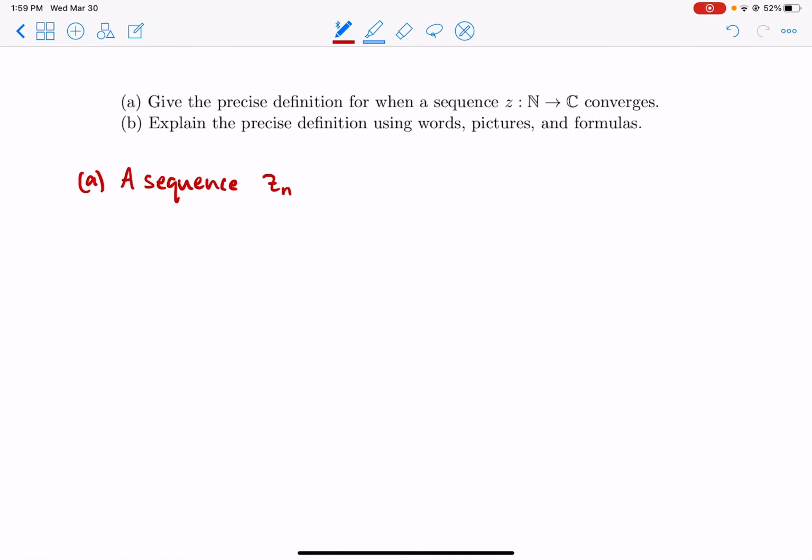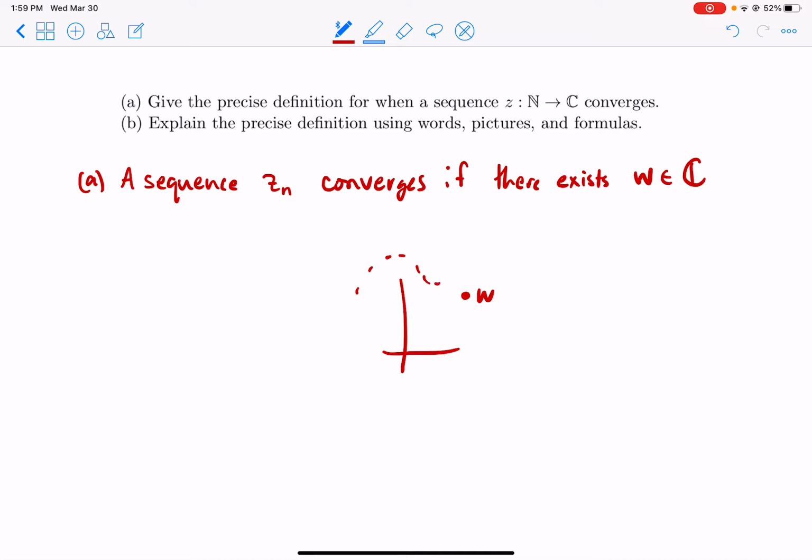Okay, a sequence z sub n converges if there exists some complex number that it converges to. Like if w is there, then all the z sub n's are going to get closer and closer to w. So if a sequence converges, first there needs to exist some w, its limit, and that's called the limit of the sequence, such that